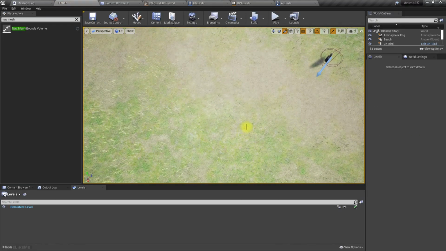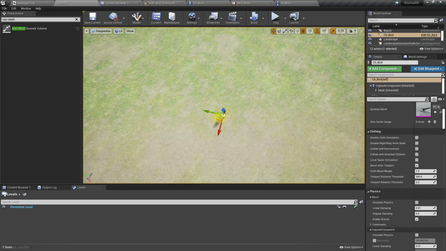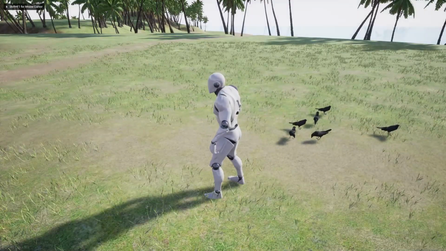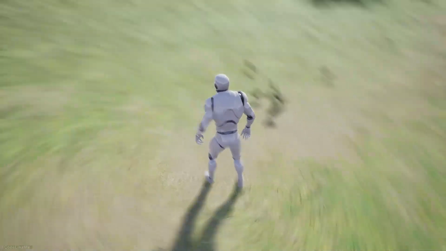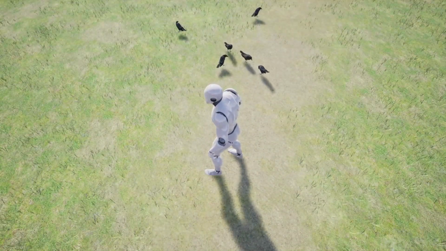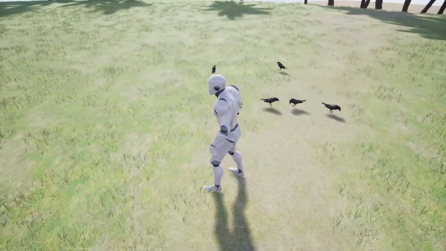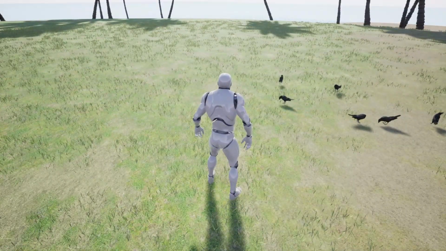Right, now let's duplicate this character and have a couple more like this. Okay, cool.